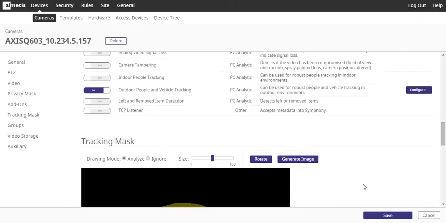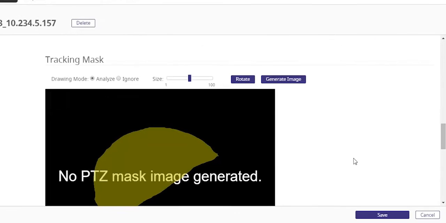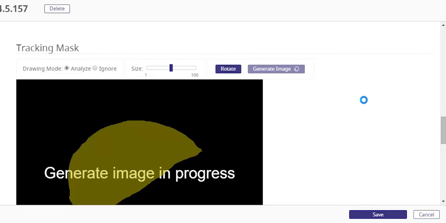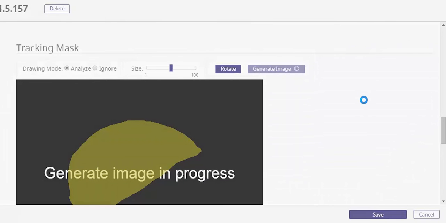Before moving on to setting up the rule connecting the two analytics, it's important to adjust the tracking mask. In order to do that, you have to first click Generate Image. This can take several moments as instructions are being sent to the PTZ camera to do a full rotation that stitches together a full 360-degree view. On the image that is then generated, you must mask the area of interest in which you would like to track